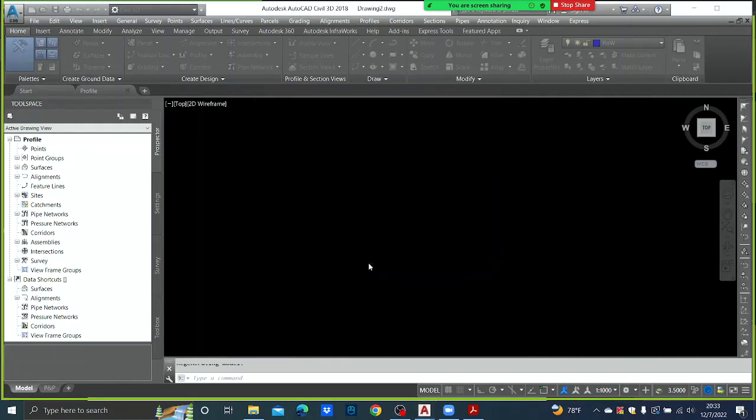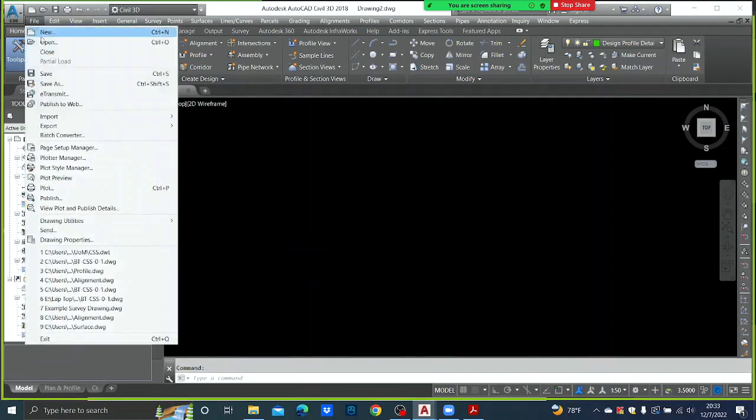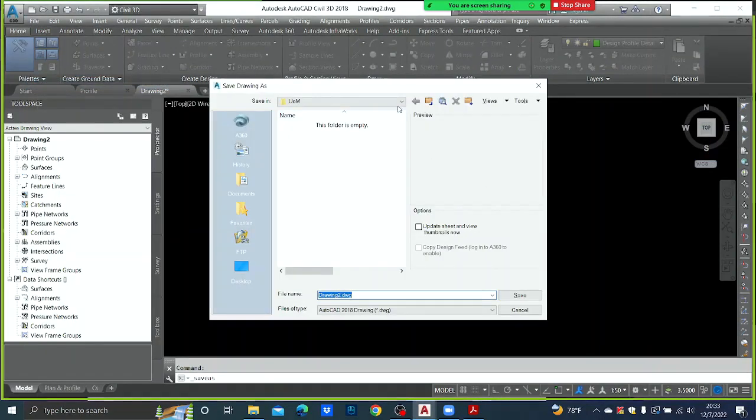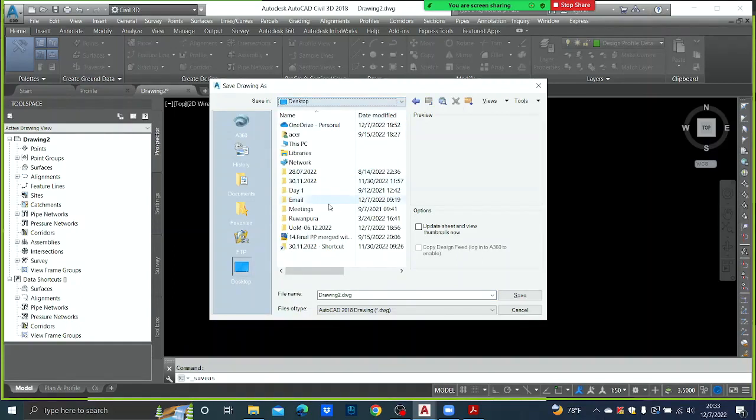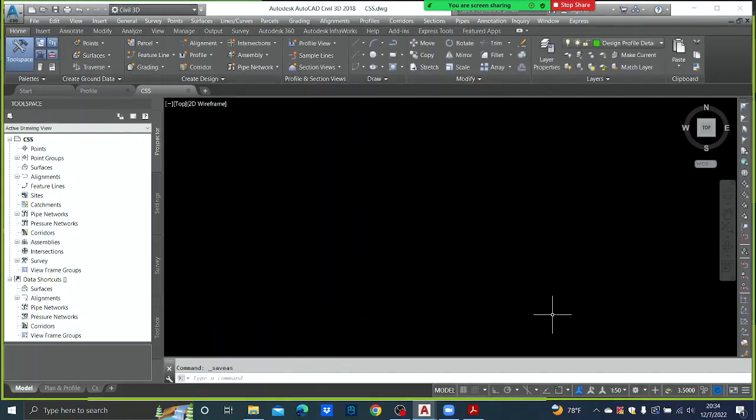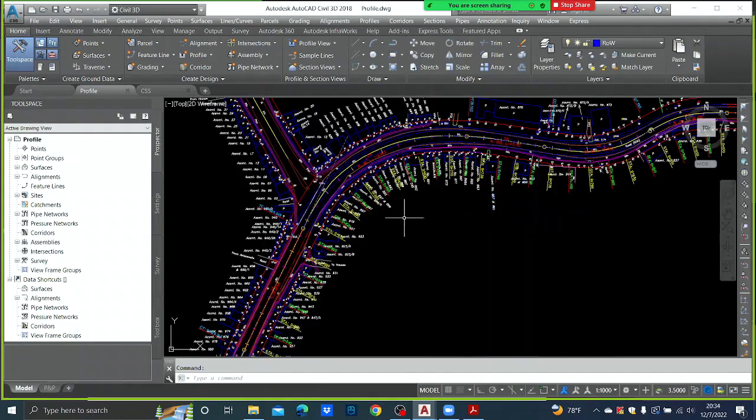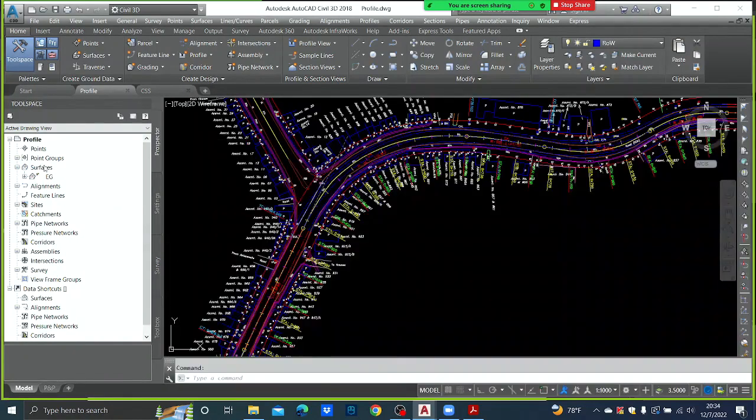Continue with the current command. Okay, now you can save this in your folder day 2 as CSS, right? Then press save. Now what I'm going to do is switch on the surface in our profile drawing,